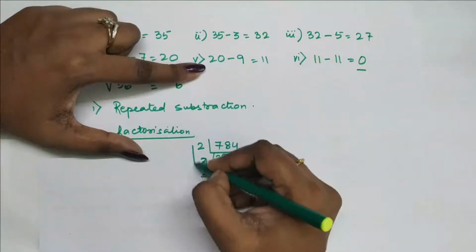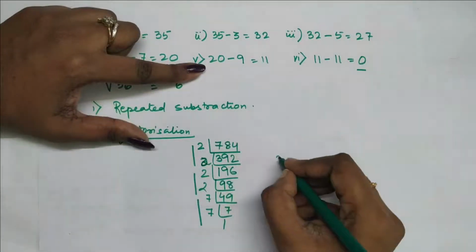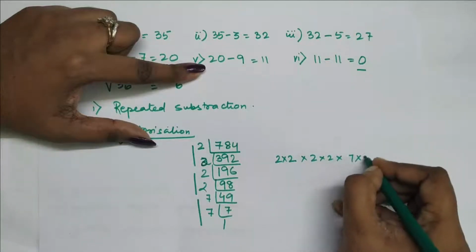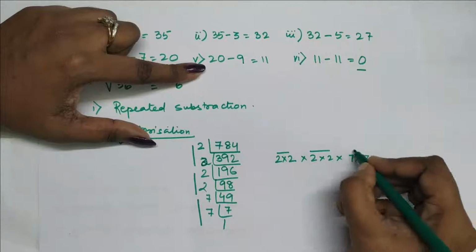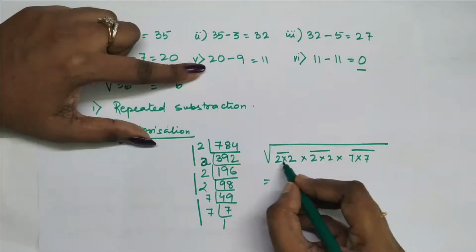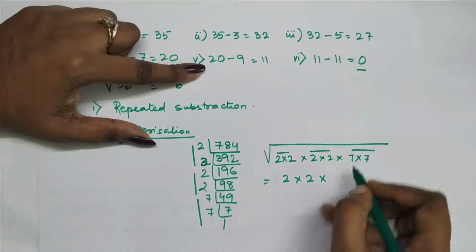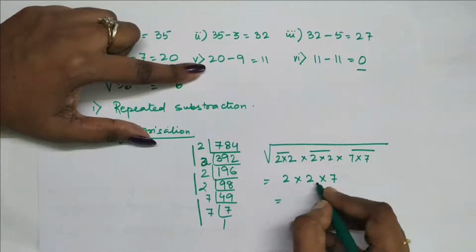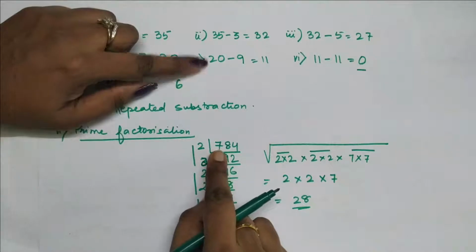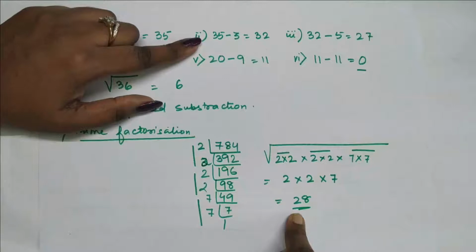So if you see, you have to pair it up. All the factors which are there, you have to make a pair of them. So it is 2 into 2 into 2 into 2, 4 times, and 7 times 7. So to do the square root, I will represent each pair as 1. So 2 and 2 becomes 1 time 2. 2 and 2 again, I'll represent it with 1 two. 7 and 7 with 1 seven. So 4 into 7, 28. So the square root of 784 is equal to 28.